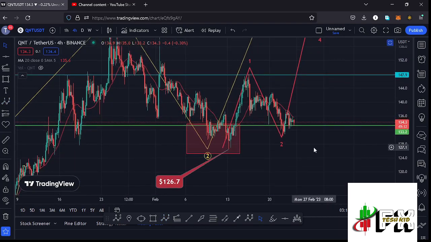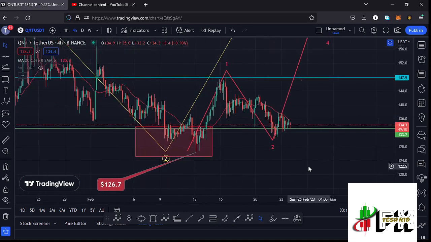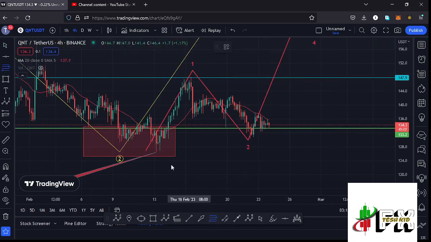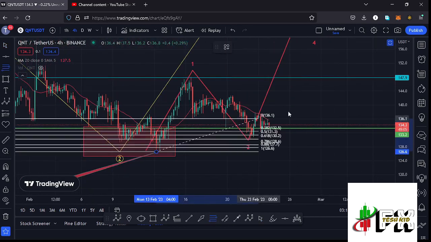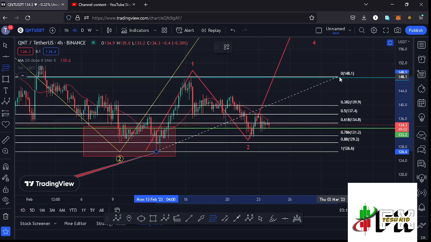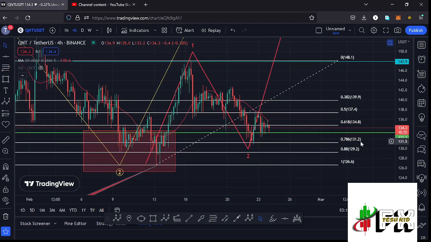and getting to see whether this wave 2 right here has done the minimum that we expect it to do by connecting the fibs from the low of the first wave to the high of that wave 1, that gives me a minimum retracement area in the formation of that wave 2 between the fib level 0.5 and the fib level 0.618, and you can see we fully maximized that target area, and at some point we lost the fib level 0.618,